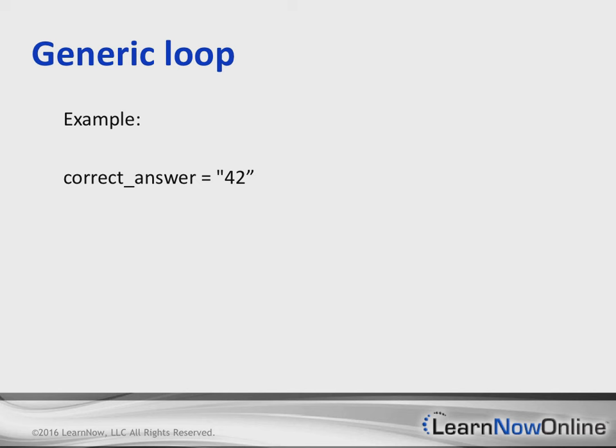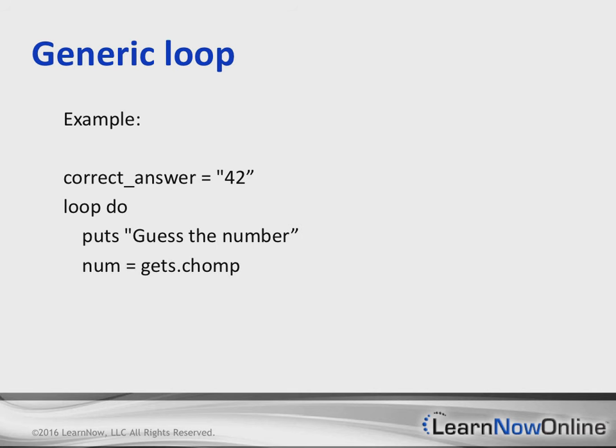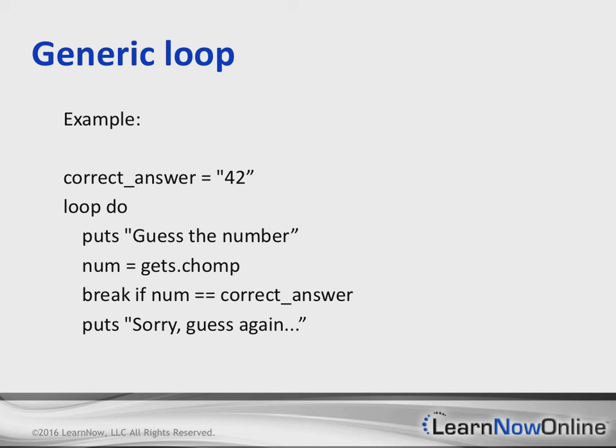So I'm setting the correct answer equal to 42. The syntax is just loop do, and then everything inside of that loop do is going to be in a block. So I'm going to ask the user to guess the number. I'm going to get the number, and then I'm going to break out if they guess the correct answer. So if the number is equal to the correct answer, we'll say that that's correct, and if not, we'll say,